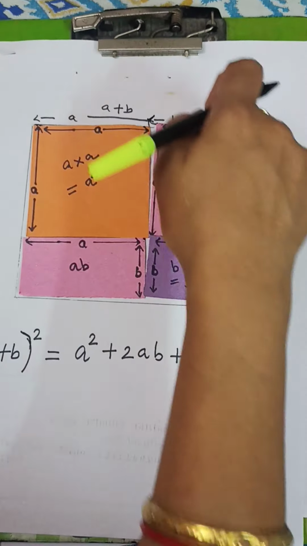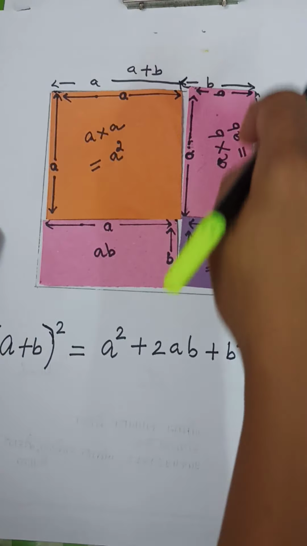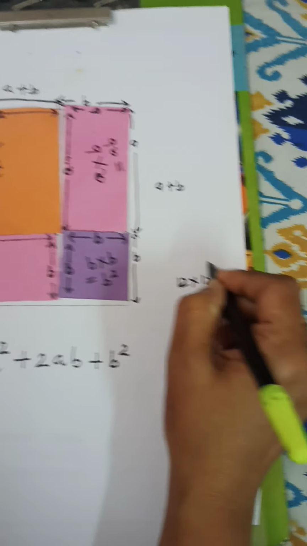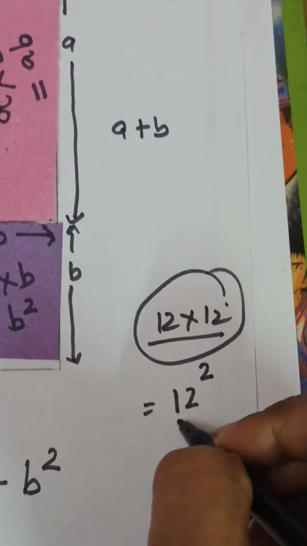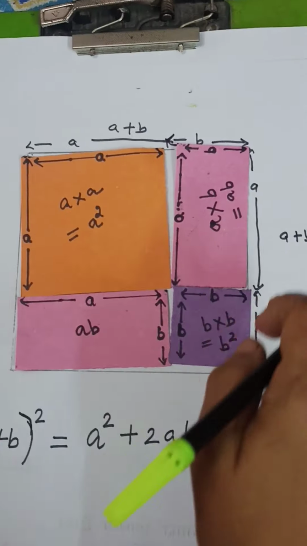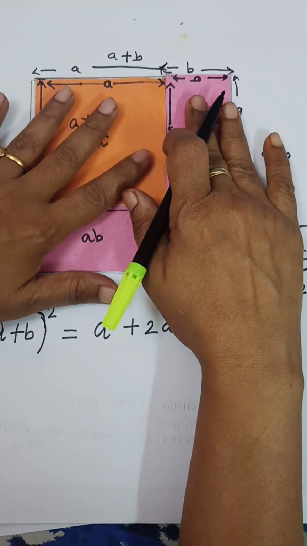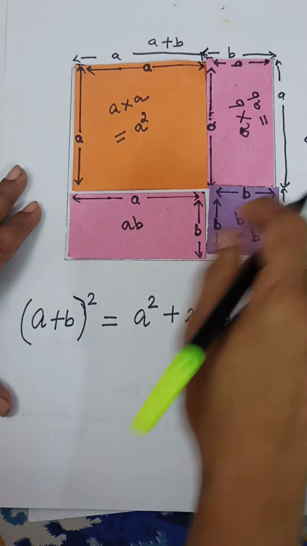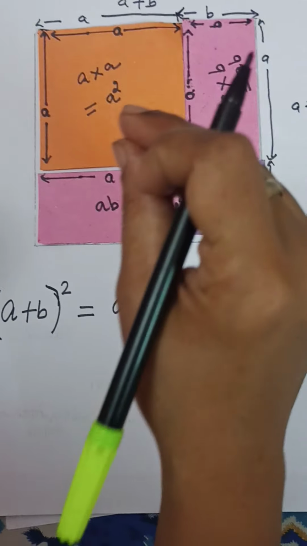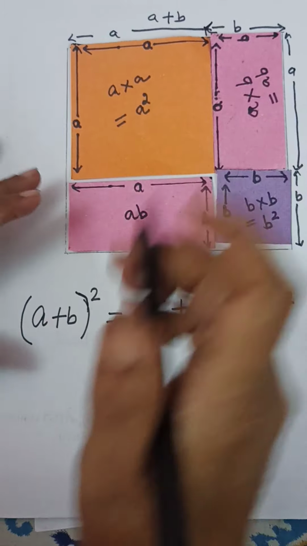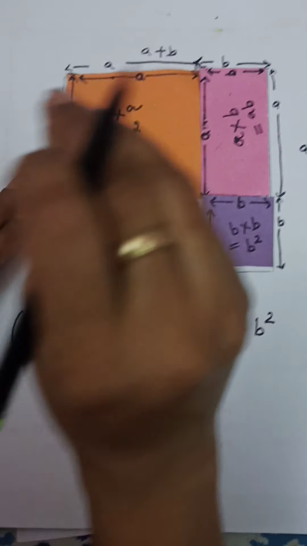Like this is 10, this is 2, so 12. So it is 12 by 12, right? What will it become? Square. Suppose it is 12, then 12 into 12 will be its area, or we can say 12 square, you know, 12 multiplied by 12. Here it is A plus B and A plus B, so what will be the area of this big square? Very good. Area of the big square in which these 4 pieces are placed. So this whole area of this square is equal to what?